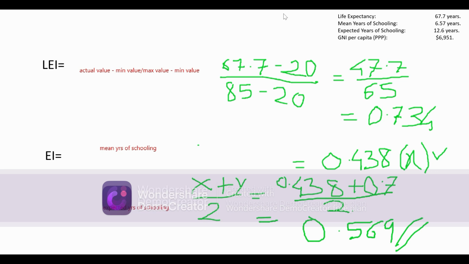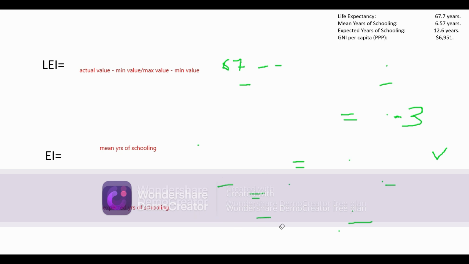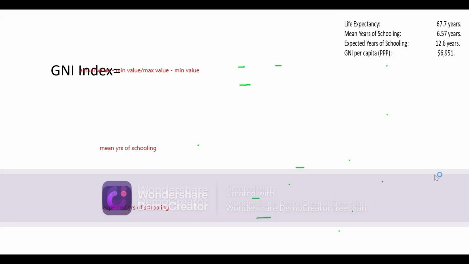Let me clean up this first. Okay, let's proceed to next. I need to clean this again. Okay, yeah, so this is